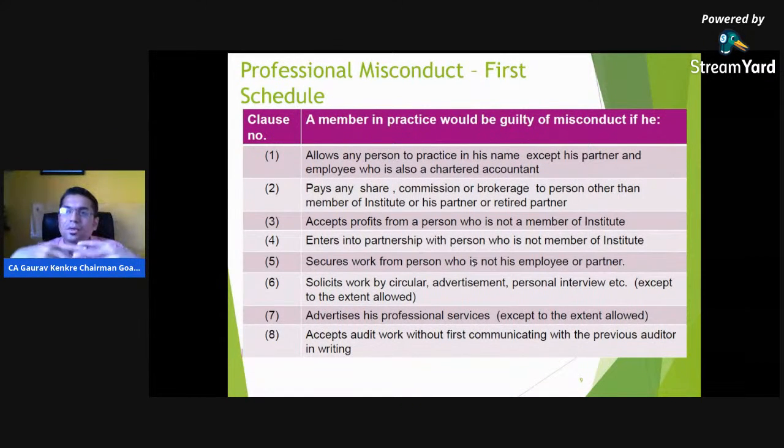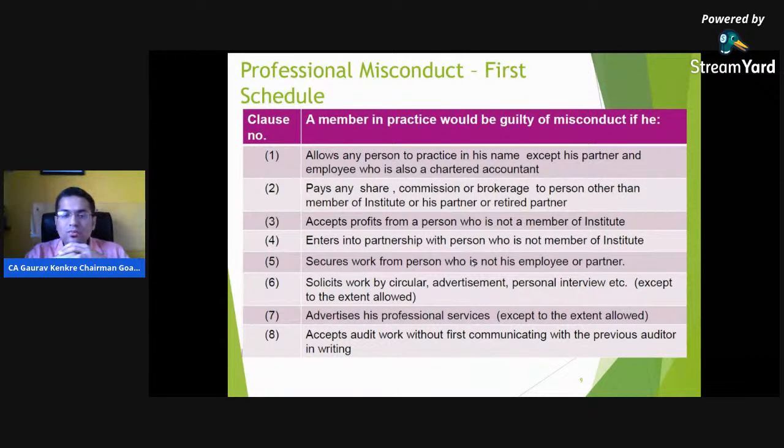You cannot say that I am tax. That's why you'll never see an ad in a paper say from a CA saying that please give me this work. I'm looking for this kind of work, etc. Not allowed completely, because the institute expects that clients or taxpayers will come to you not because of your flashy advertisement, but because they believe that you are a good professional, you have got good knowledge, you have got good skills, and that's why they need to come to you rather than your advertising and marketing skills.